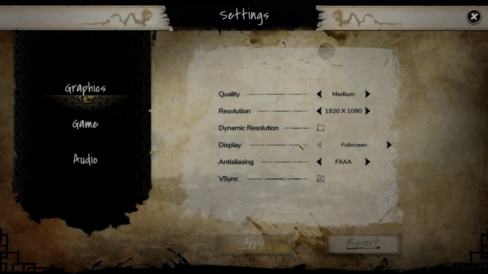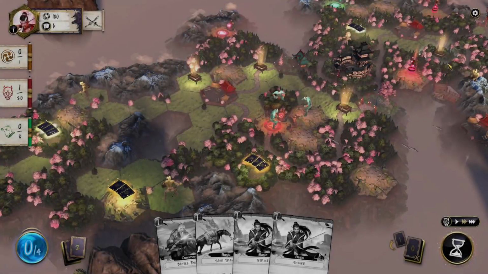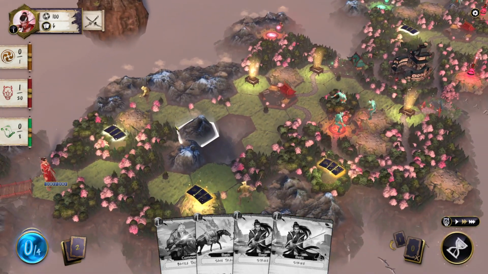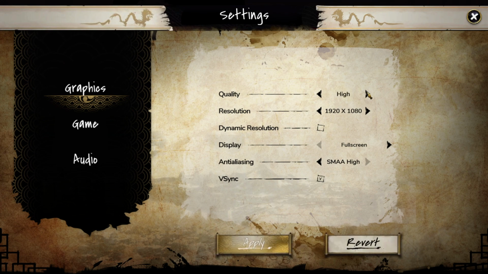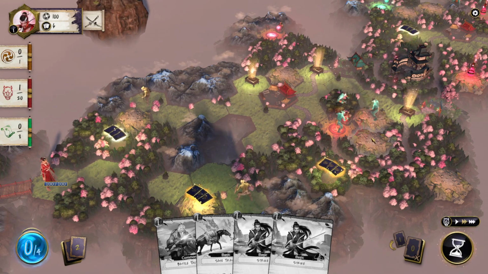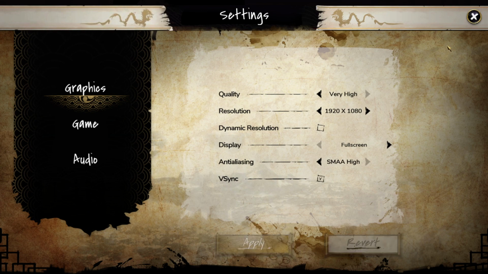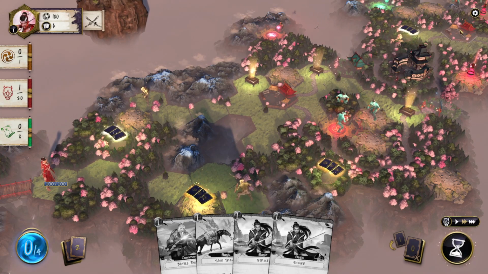So maybe they still need to do some kind of optimization. SMAA low, medium, high. Let's try high. Yep, doesn't seem to be any problem there. So it's not the anti-aliasing. So it's something in the quality here. As soon as we go to high, the frame rate takes a pretty hard hit. Goes down by a third. And then very high, it drops a little bit further, about 10% I think,